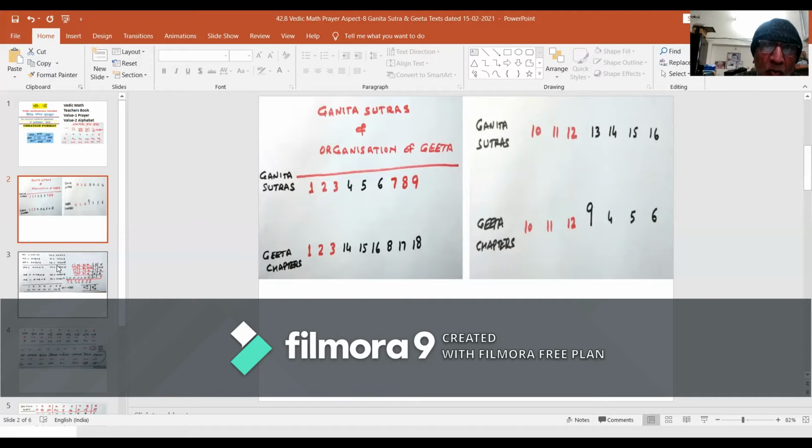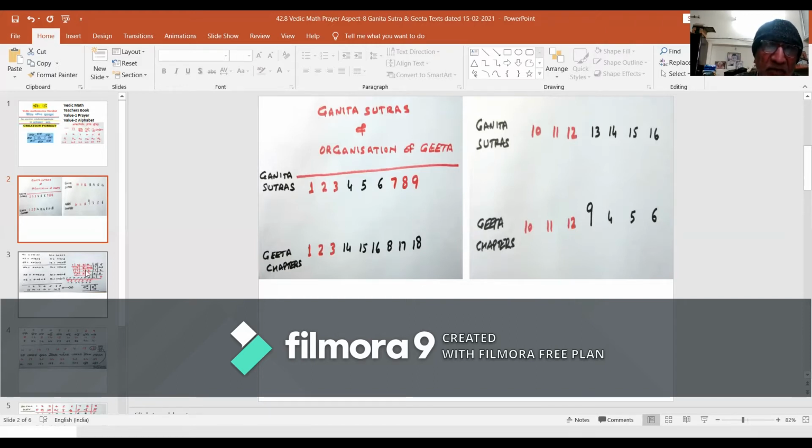The upper row is the serial numbers of Ganita Sutras 1 to 16, and the lower row is of parallel relevant chapters numbers of the text of Srimad Bhagavad Gita.